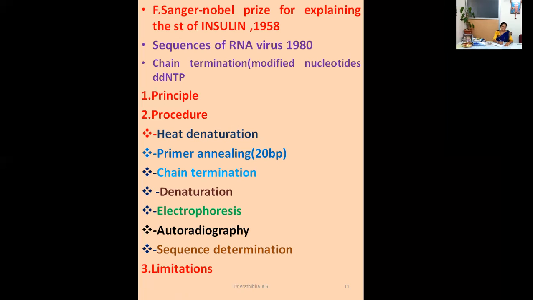This technique, where the ddNTP is used in DNA synthesis, is known as Sanger's dideoxy method, dideoxy nucleotide triphosphate, also known as Sanger's method or the chain termination method. In this DNA sequencing, it is very important to achieve both specificity and efficiency. What is specificity here? The primer anneals